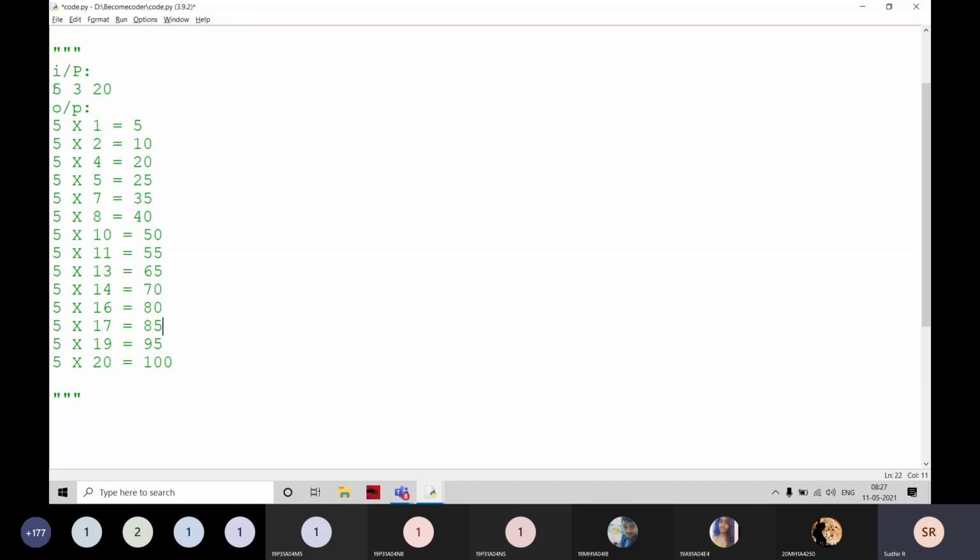Here it is the 5 table and I have to print starting from 1 to 20, no doubt about that. The middle one is going to be 3 and I'm going to skip the values which are exactly divisible by both 5 and 3. Is the question clear? I'm not going to display the values which are exactly divisible. For example, I check 20. Is 20 divisible by both 5 and 3? No, sir. No, then I'm going to print it.